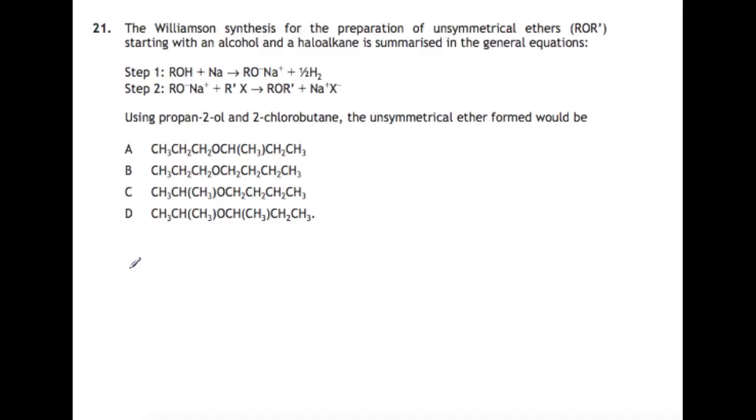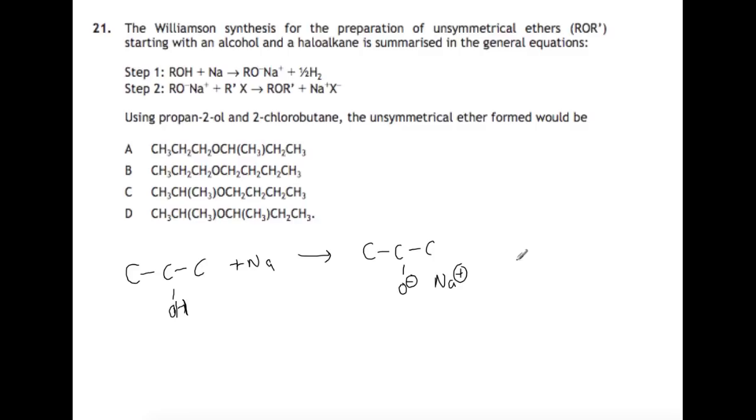So for step 1, we take our alcohol, so for us that's propan-2-ol. So I'm just showing it without the hydrogens for clarity. So we've got 3 carbons, and on the second one we have our OH group. And when we react that with sodium, we make an alkoxide. So we have a negative charge on the oxygen, and we've got sodium there, and we'll also give off some hydrogen gas. This is then reacted with our